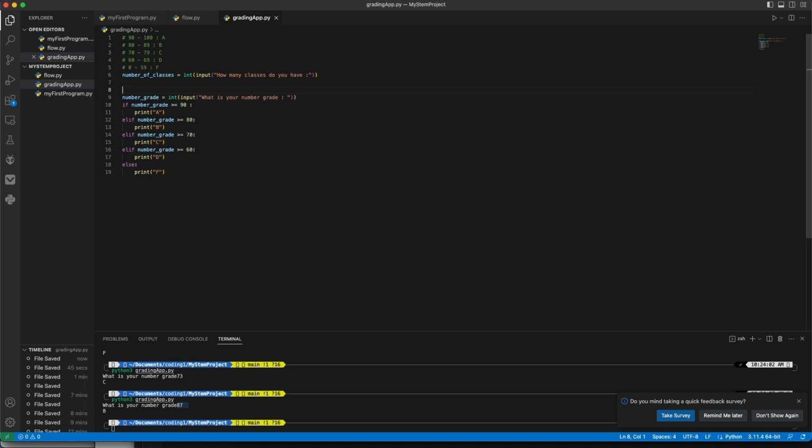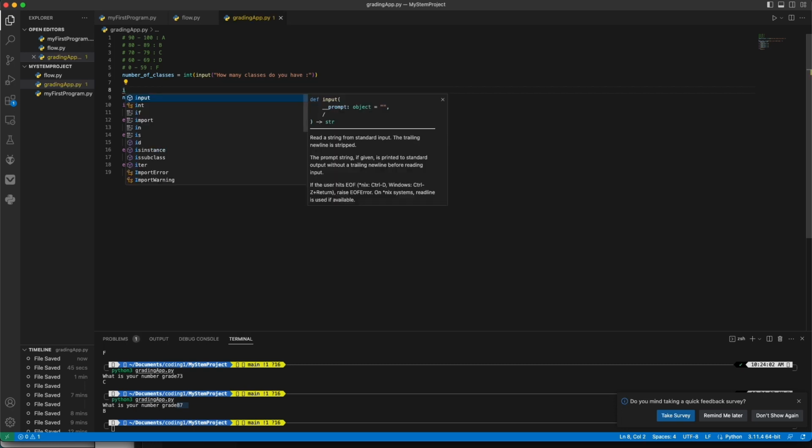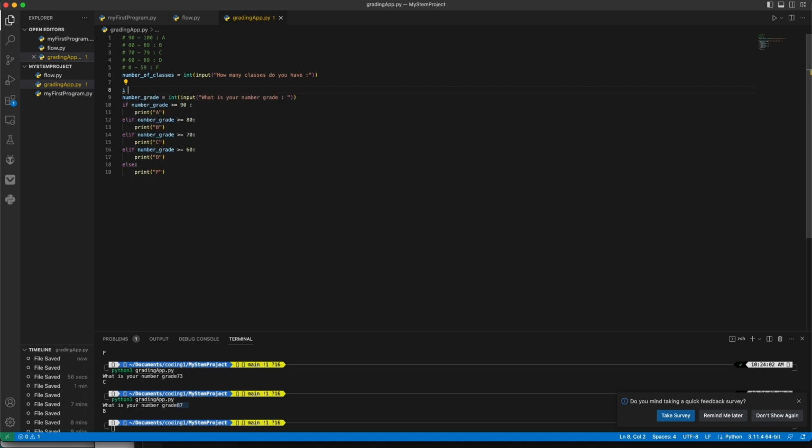First of all, I have to create a variable called I, which is basically called an iterator, and we'll see why we need it. We'll say I is equal to 1. Now we want to say while, and this is how a while loop works. We type in while, add a space, and then add a condition, just like we added the condition in the if statement. So we'll say while I is less than or equal to number of classes,